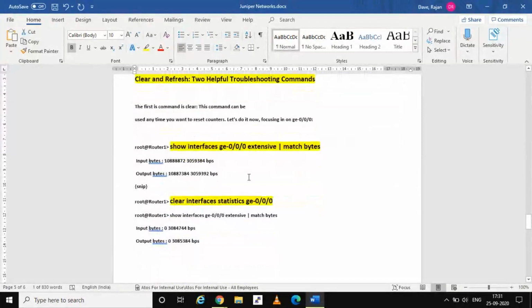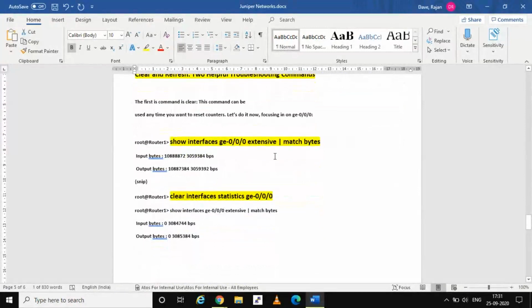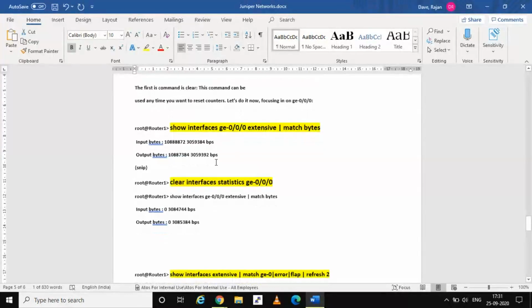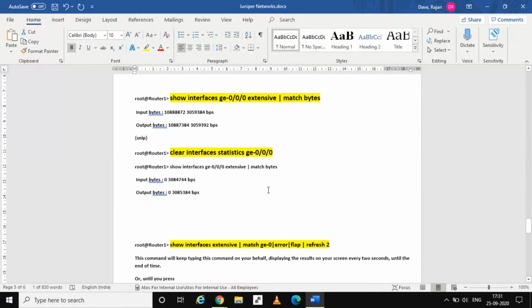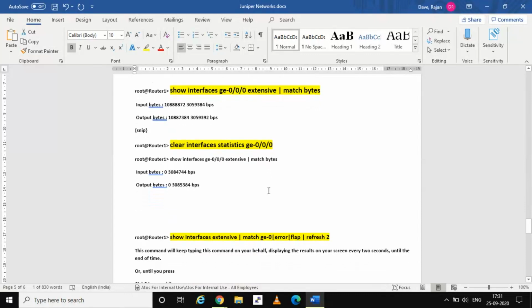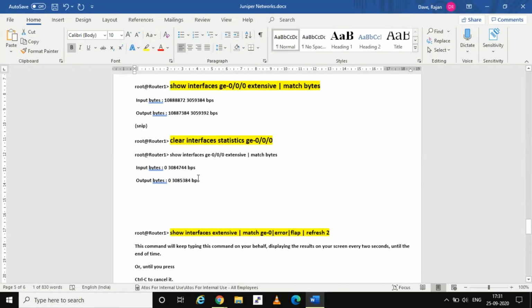In the logs, you can see show interfaces for a particular interface, and there are bytes seen, input bytes and output bytes, and we can directly clear these via the clear command. It's called the clear counters command that we use on the Cisco side. It's the same in Juniper, only the clear command, and here is the output you can see, that is 0.